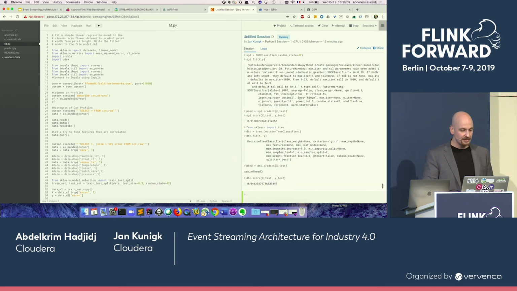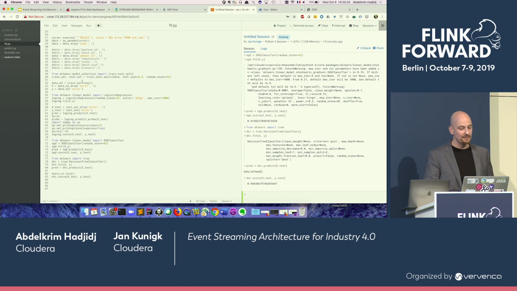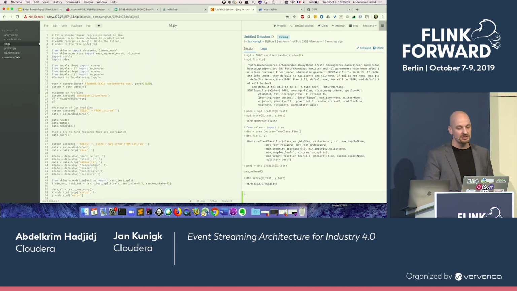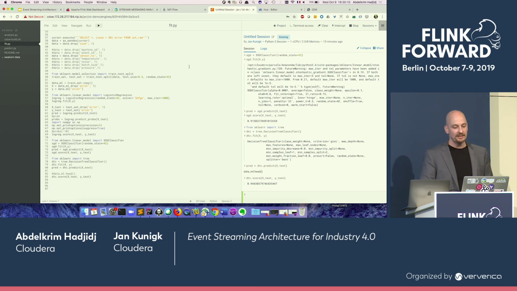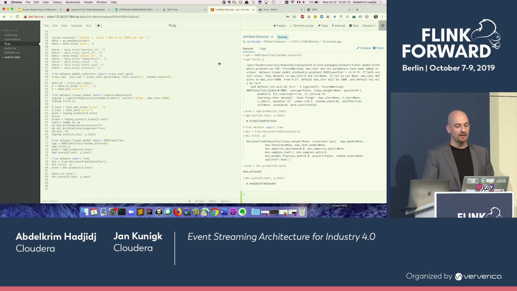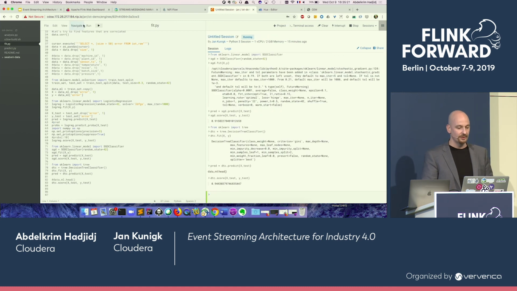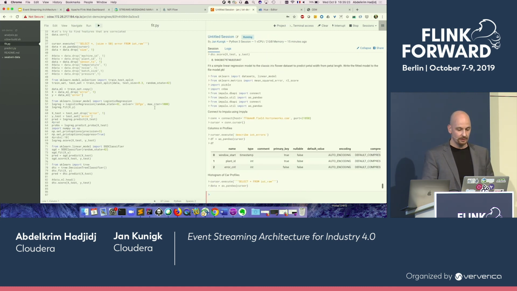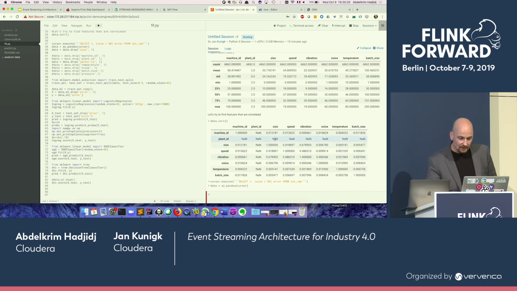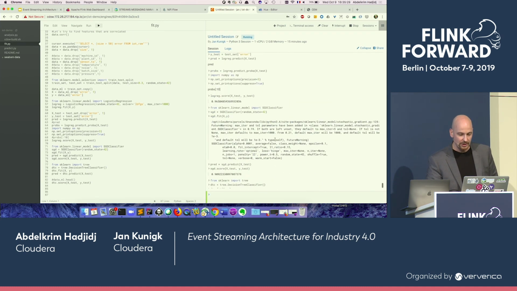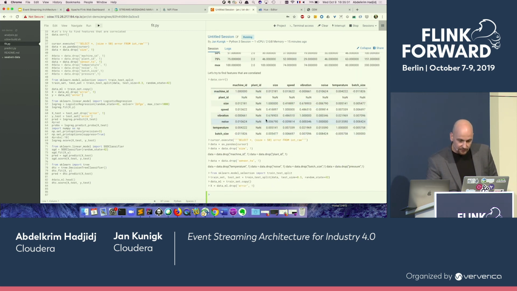And as you can see here, this is a quite simplistic linear logistic regression model that is taking some of the features that we have in there, and runs a logistic regression, which means it comes out with a prediction: I predict this part is going to be an error or not. If we run this, we can see, if we correlate the different features with each other up here, that, for example, the speed and the vibration are very strongly correlated, right? The other ones, the noise, the temperature, the batch size, have almost nothing to do with the error.